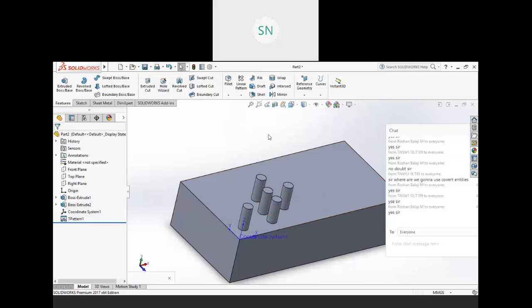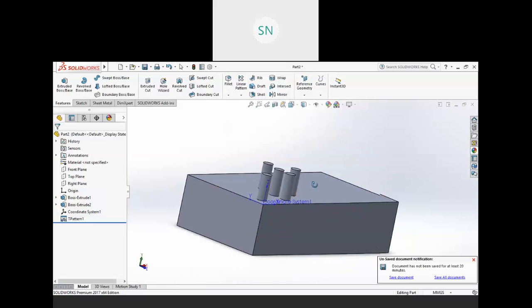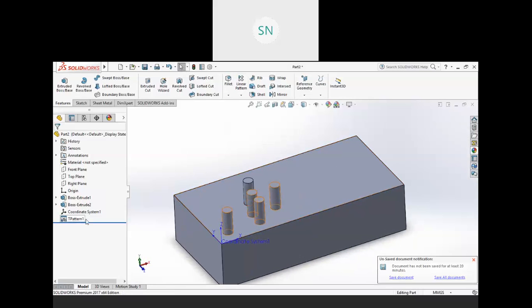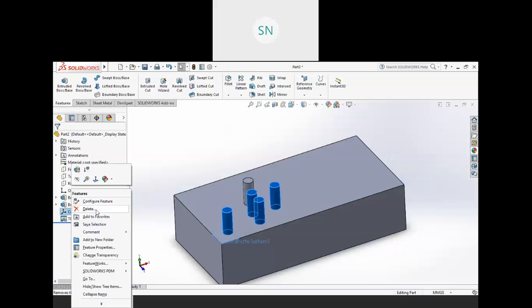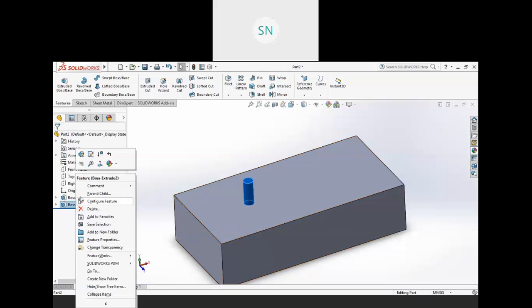And now we have two more patterns at the end, and that is our fill pattern and variable pattern. So let me discuss this variable pattern first. For the variable pattern, we need to create a fully defined geometry first.